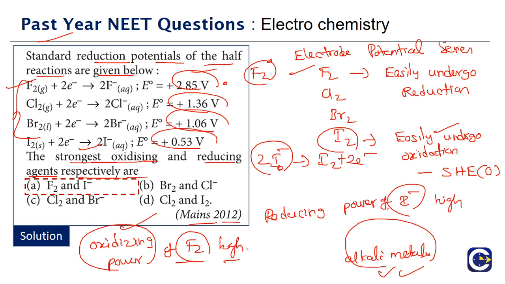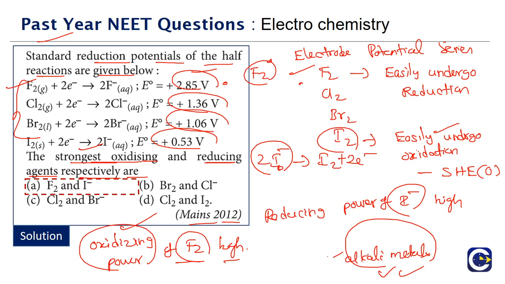But broadly speaking, the halogens, among the nonmetals, which sit at the top right, will overall have high oxidizing power, and the ones that feature at the bottom of the series, the alkali metals, will have high reducing power.